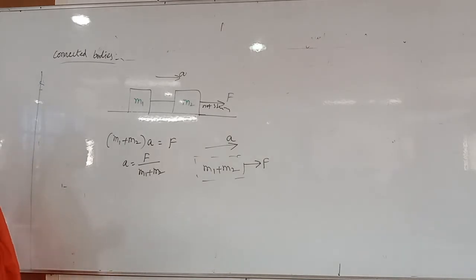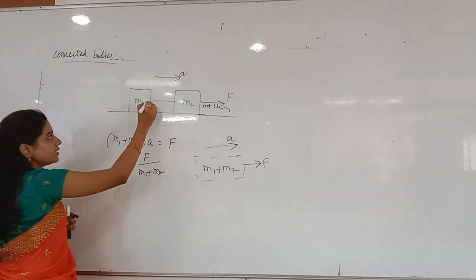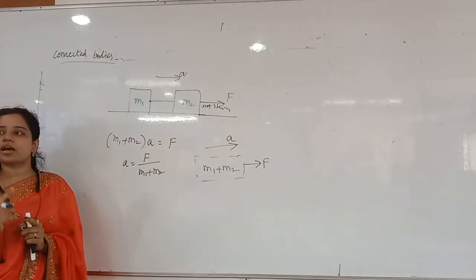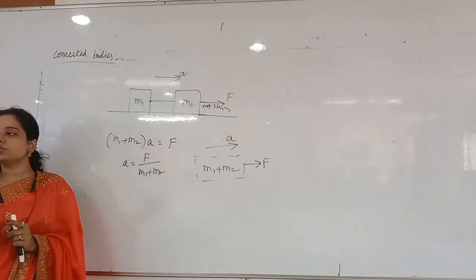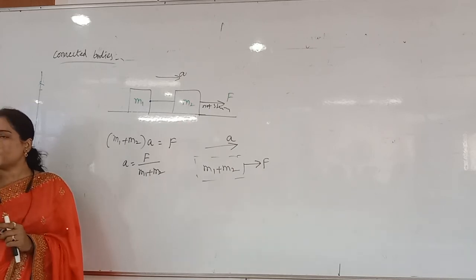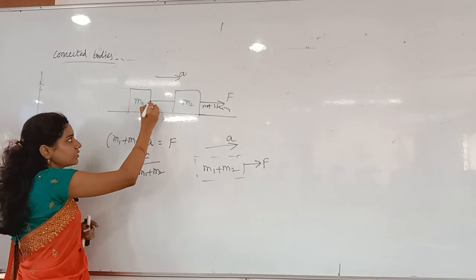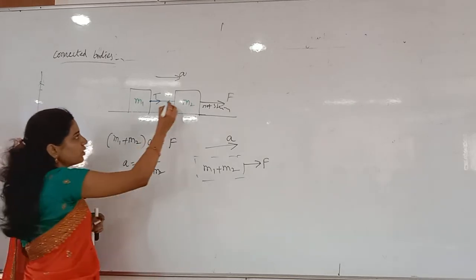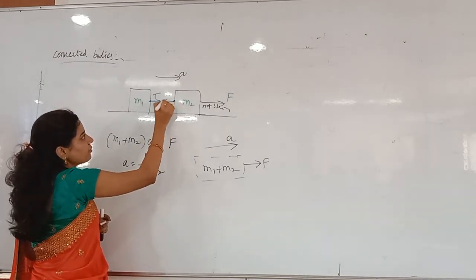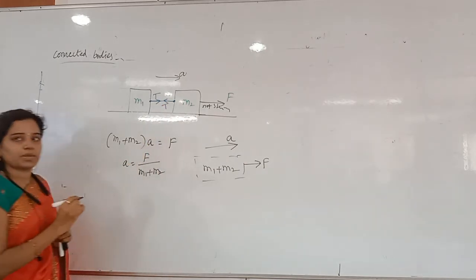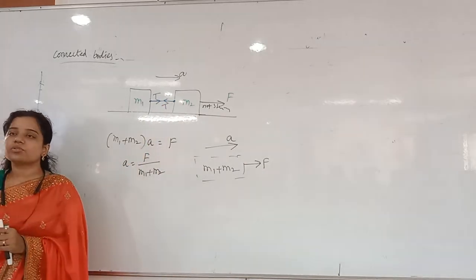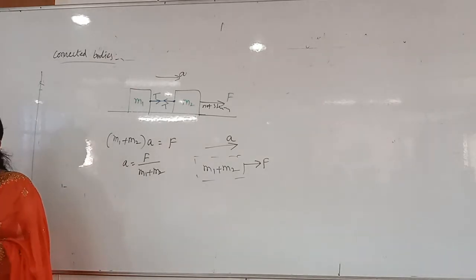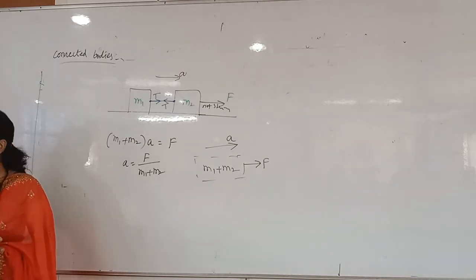First of all, how will the tension act? See here, there is a contact here. Always the tension acts away from the contact, along the string. Where there is a contact, away from that, here tension T. And here one more contact is there, away from that again the same tension. Mainly you have to denote the forces. Once you denote them, you can apply the acceleration formula and find the answer. But if you denote them in wrong directions, your answer will be wrong.